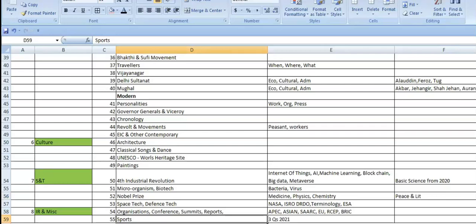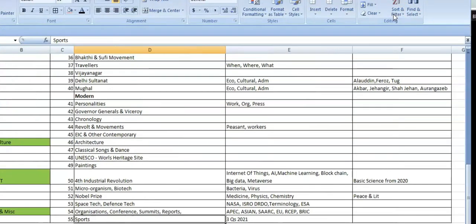Now, those who are writing 2022 prelims, note down what you have already done and concentrate on that. What you have not done, don't bother about it. Okay, don't get this fear and anxiety that you have not read. It's okay, it's perfectly fine. Whatever topics you have read here, mark it and then start revising those topics again and again. And those topics that you have not read, it is okay. Okay, just leave it. Be very, very specific about whatever topic you know. Whatever you don't know, leave it. This is not the right time.